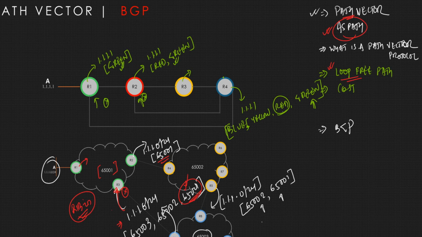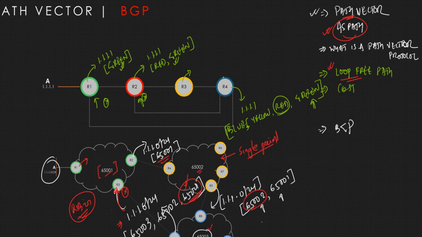So whenever it goes from 65001 to 65002, it advertises, and when 65002 advertises to anyone, it will put its own. So every time it goes from one autonomous system to another, it will keep on adding those autonomous systems. Because an autonomous system from a BGP perspective is a single point, a single box, a single thing, you can say, with respect to the outside world,